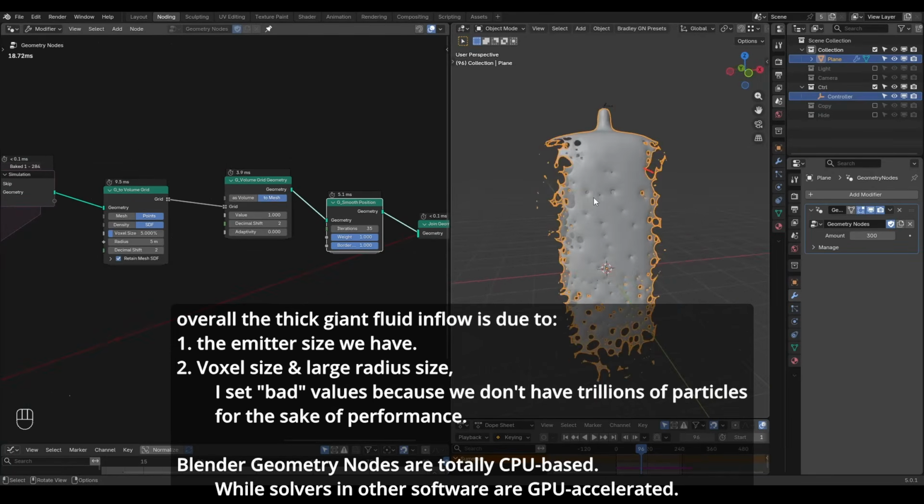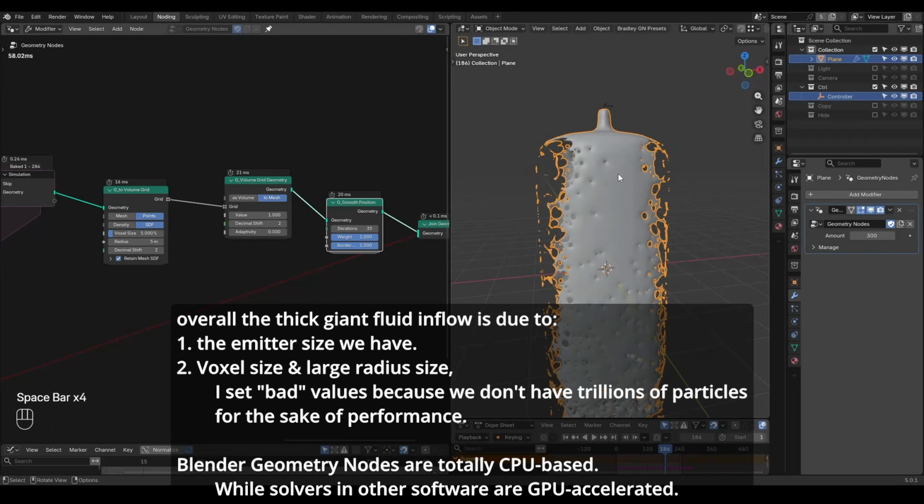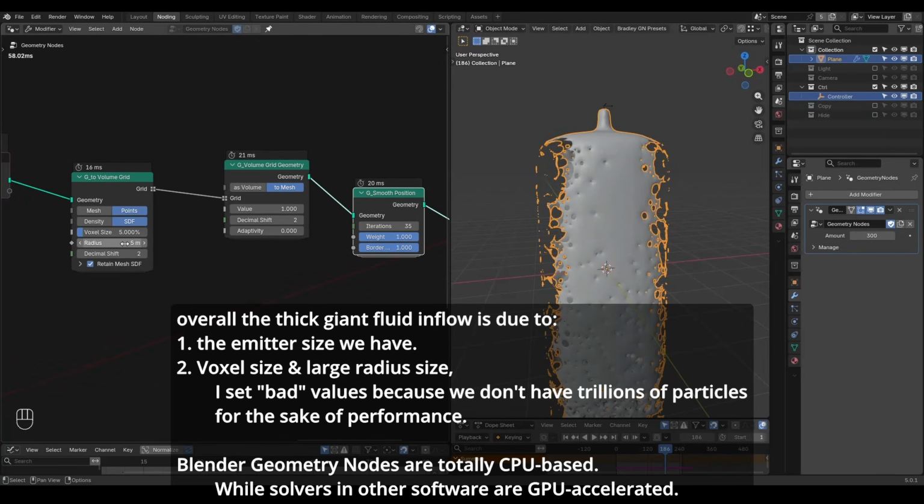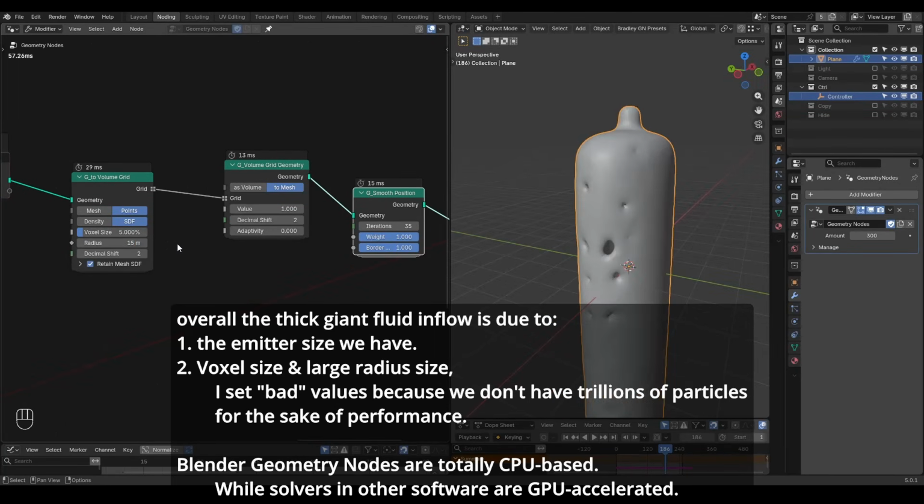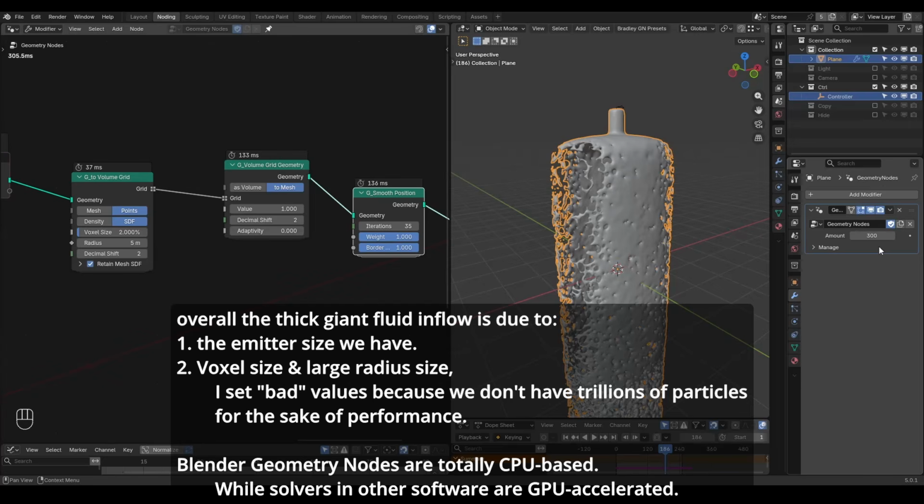Reducing flickering, you need a smaller voxel size and a smaller radius. This also means you need more particles to cover the surface. While right now I have kept all the parameters quite fast on my specification, you need to know that Blender geometry nodes right now